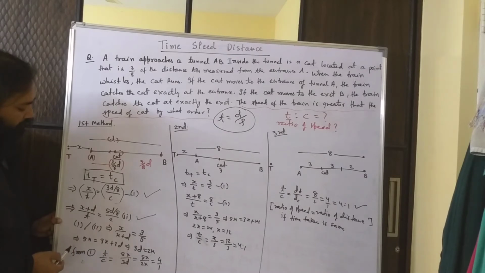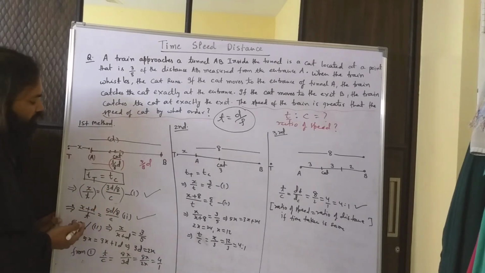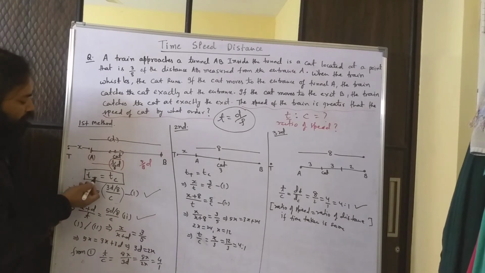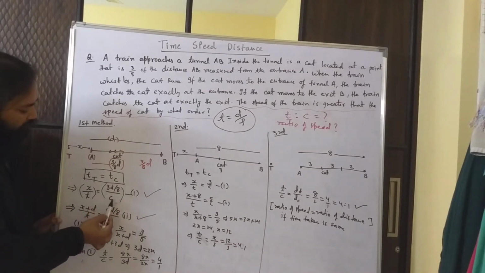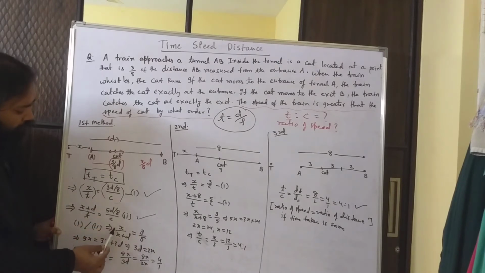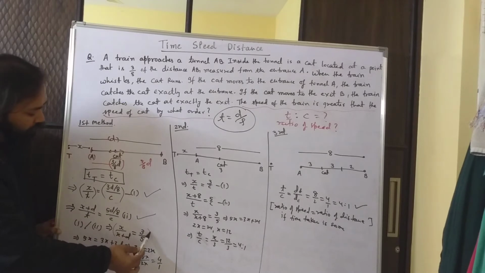Now it is very simple after that, just mathematical calculation. Whatever logic has to be applied, we have already used, and we have not actually done much. What we have done is, we have realized that the time taken is the same, so we have simply put distance by speed is equal to distance by speed. Now we will solve it. If I divide equation 1 by 2, here t and t will get cancelled and here c and c will get cancelled. So we will get x upon x plus d is equal to 3 upon 5, because here also other things will get cancelled, d by 8 by c is common. So I will get x by x plus d is equal to 3 by 5.